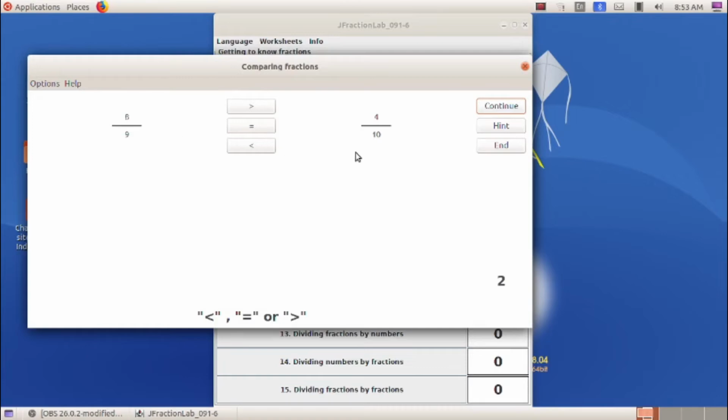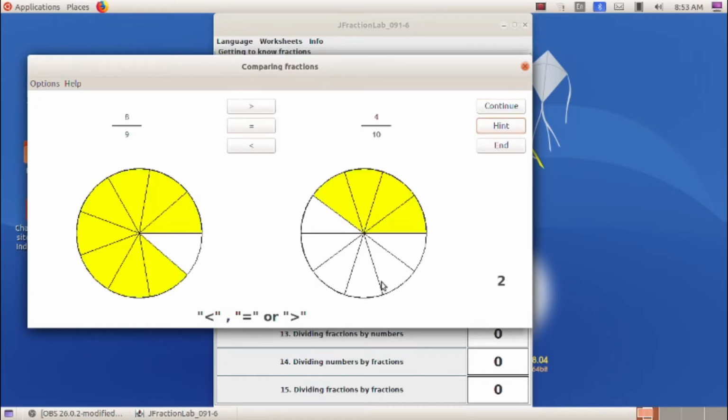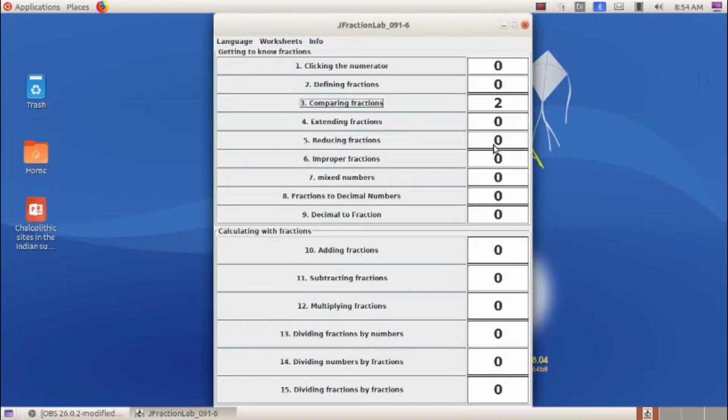So here you are having a doubt, then you can click on hint button. So it will show you the picture, because we are playing without the picture. So if you click on hint button, it will show the picture. Okay student, now I am going to end this.